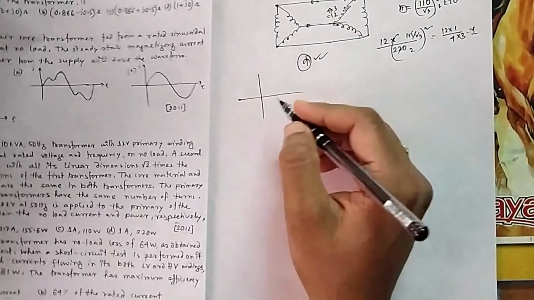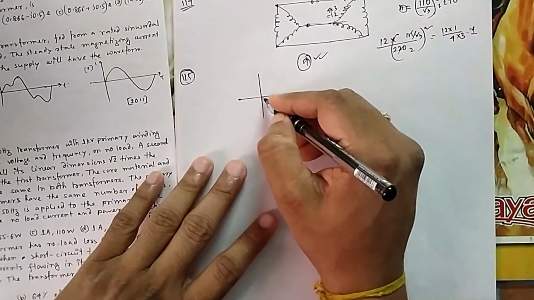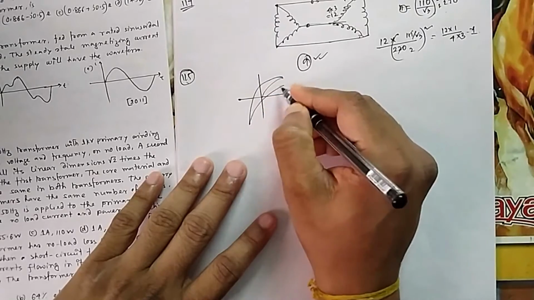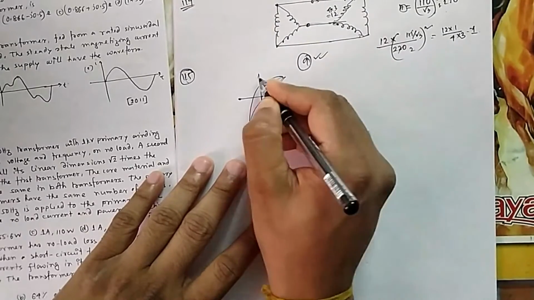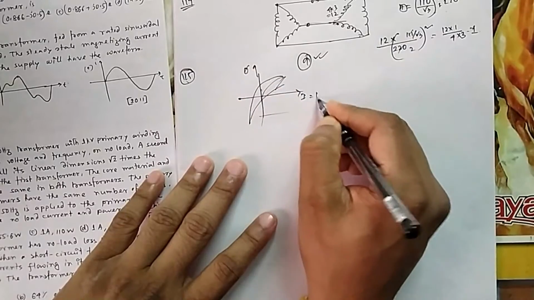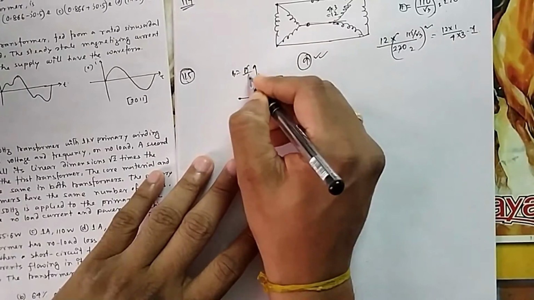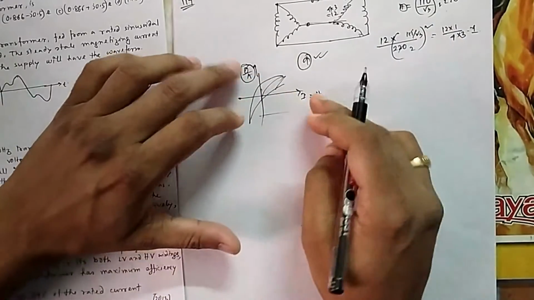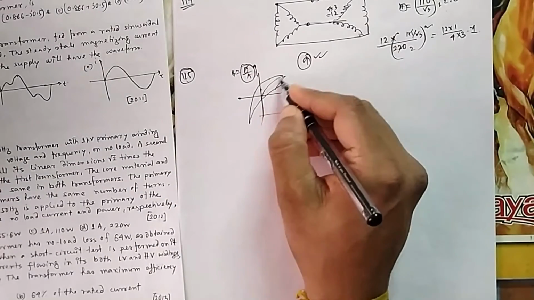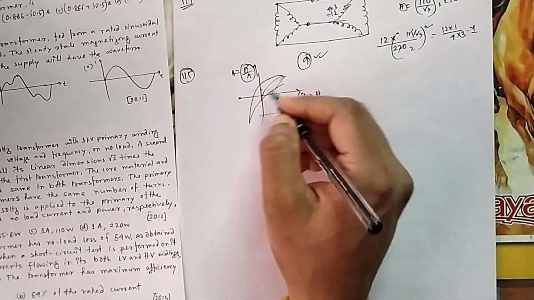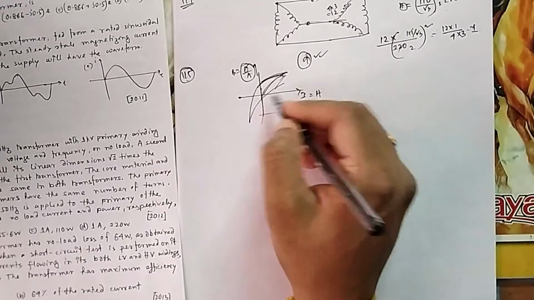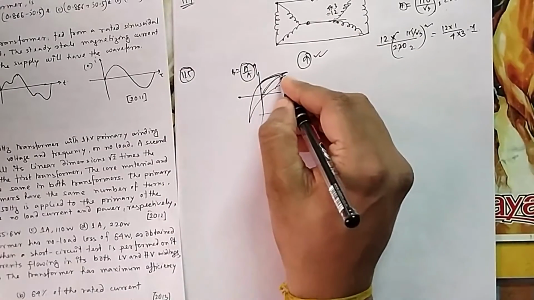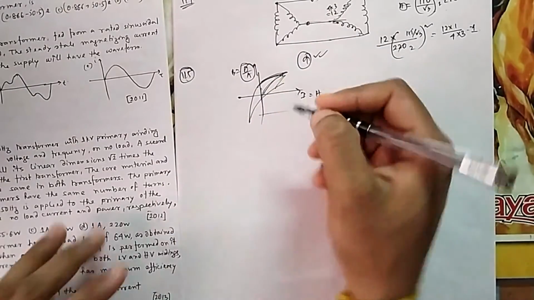But that is for an iron core, or any other type of core where there is a hysteresis loop. If you send the current, this is actually current, this is phi, it is actually H and B we say, which is nothing but flux density. It is related to I and phi. If you keep on increasing your I, your phi doesn't keep on increasing like that, because saturation comes after some time. Once it goes towards saturation, it takes more current.